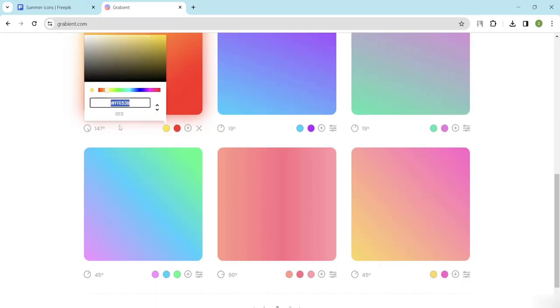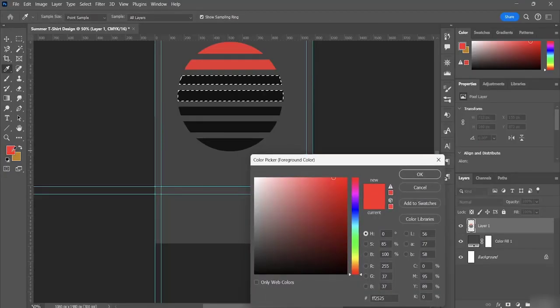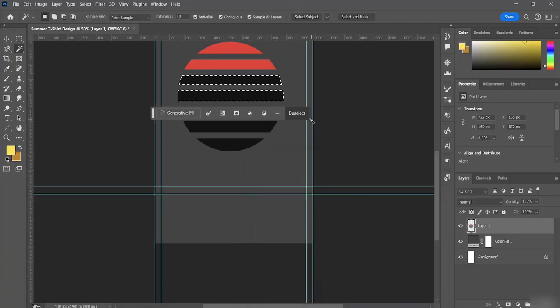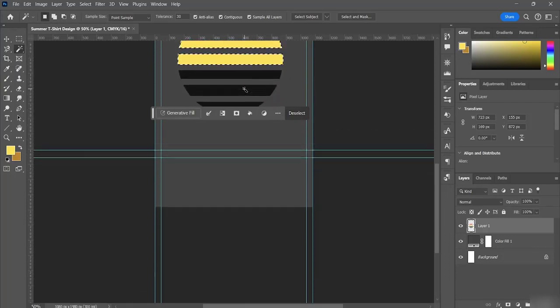Take this color code, press Ctrl C to copy, go to Photoshop, come onto the fill option, and at the last option where you can put your color code, press Ctrl V to paste and click OK. After that, press Alt and Backspace to apply the color. Okay. The same way now again, I will press Ctrl D